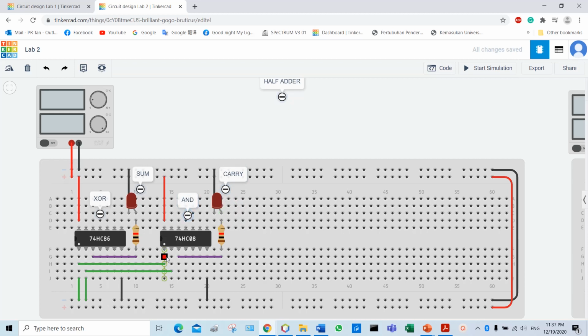So basically both the ICs will have the same input A and also input B. I've connected the input A directly to the IC 74HC08. Both the ICs will have the same input 1A and input 1B. So this half adder circuit will have 4 possible outputs. First of all, we'll connect both the input A and also input B to the negative side of the power supply here. And when I start the simulation,